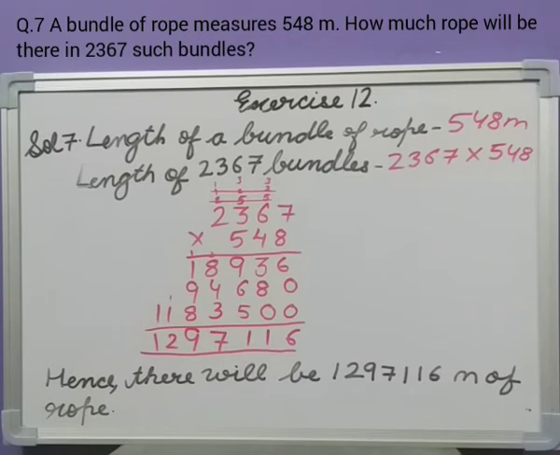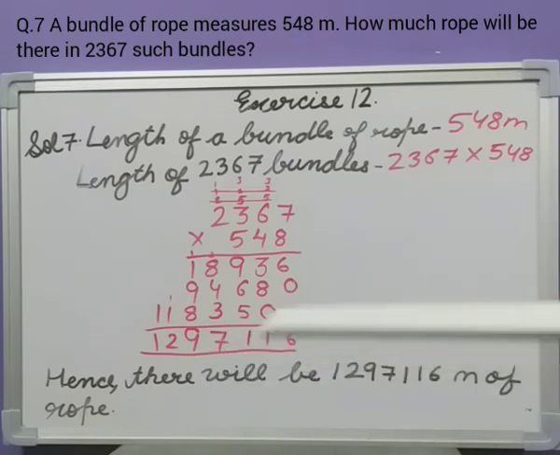Number 7. A bundle of rope measures 548 meters. How much rope will be there in 2,367 such bundles? Question is saying that a bundle of rope is having 548 meter length. What will be the length of rope if there are 2,367 bundles? That means we are going to add 548 how many times? 2,367 times. And as we know, when we add again and again, we can multiply. Therefore, we are going to multiply 2,367 by